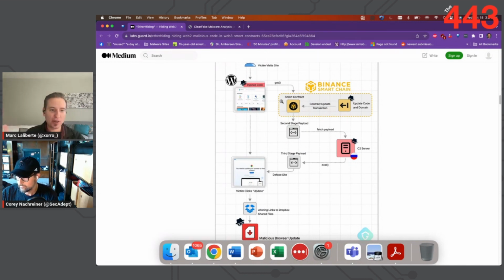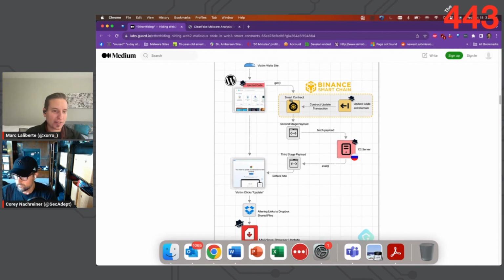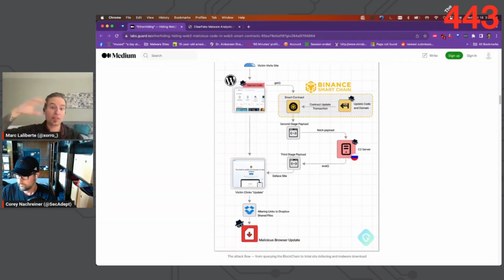If you're not familiar with smart contracts, or you haven't heard the probably dozen podcast episodes at this point where we've talked about them, it's effectively a way to run an application on a distributed blockchain. Ethereum was the one that pioneered this. It's the second most valuable by market cap in fake money blockchain currently. Binance, the cryptocurrency exchange, spun up their own clone of Ethereum called BSC, or Binance Smart Chain, which they say is effectively the same technology but more efficient and thus cheaper to use and cheaper to run.